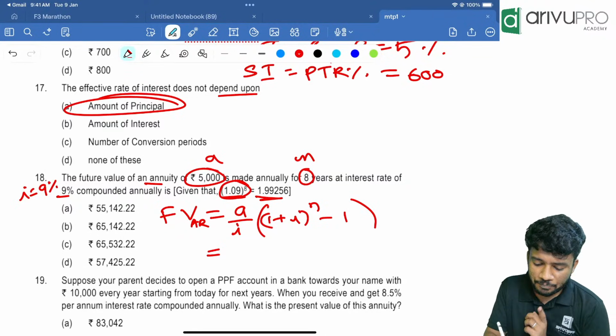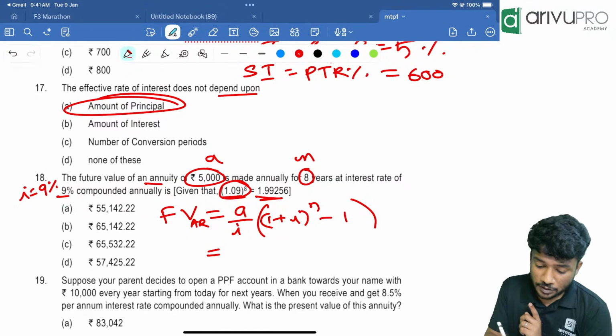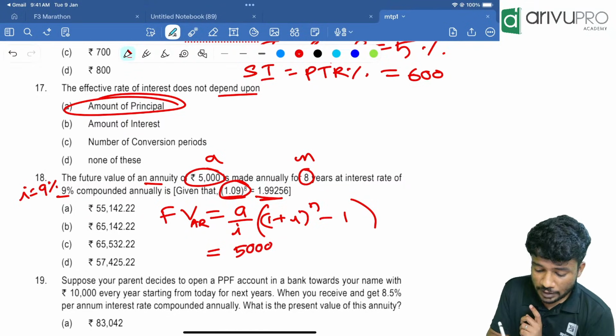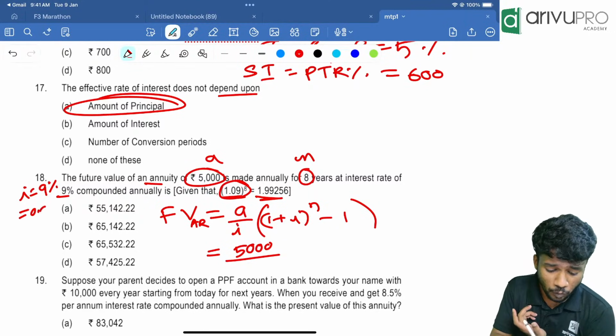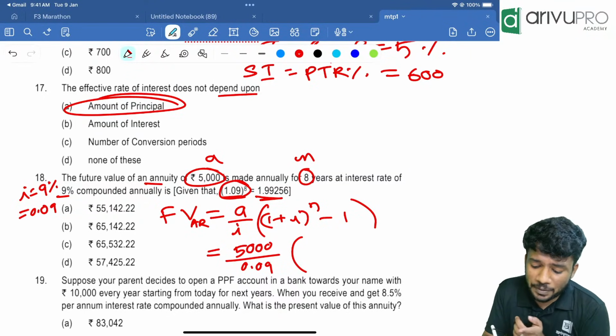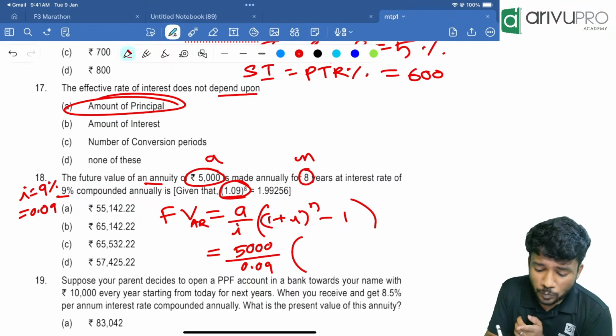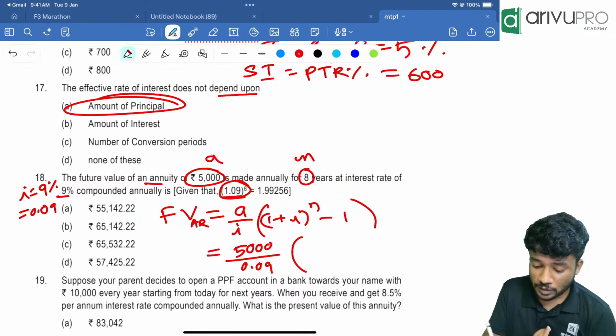People, this (1 plus I) the whole power n is given in the question. That is how much? 1.99256. So A is how much? 5000, divided by I, which is 0.09, into (1 plus I) the whole raised to n, which is already given, that is 1.99256. From that I am reducing minus 1. That will become